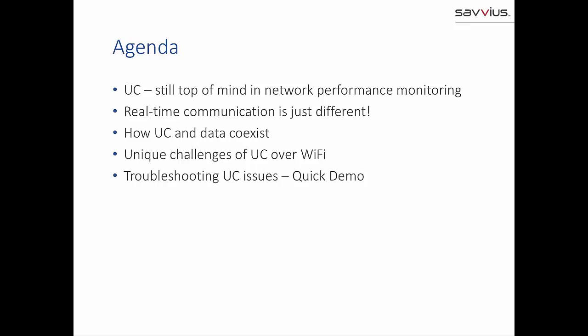I want to talk about, along that same line, how UC and other types of traditional data on the network coexist. I want to spend a few minutes talking about UC over Wi-Fi, because that's becoming an even more common use case, and it does have a few unique issues of its own. And then, very quickly at the end, although most of this is quite generic to unified communications over the network in general, I wanted to show you a real quick demo of some of the ways to get at some of the statistics that we're going to talk about in this presentation from within our network analysis solution,